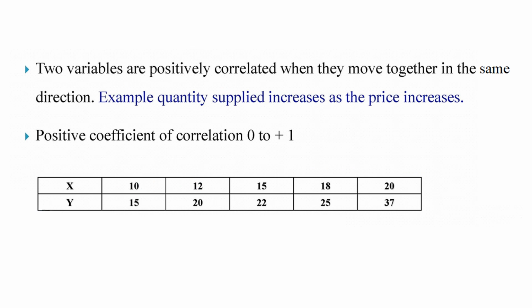So this is an example. Let's assume that x and y are two variables. X could be skills and y could be income. So we have the data, as you can see from this particular slide. We see that by looking at the data itself, x is increasing: 10, 12, 15, 18, 20. Similarly, we can see that y is also increasing. So when we eyeball the data, when we visually analyze the data, it tells us that there is an increasing trend in both. So there is always a likelihood that the correlation coefficient would come out to be positive. And when we say positive, we mean between 0 and +1.